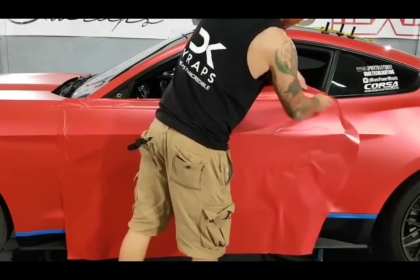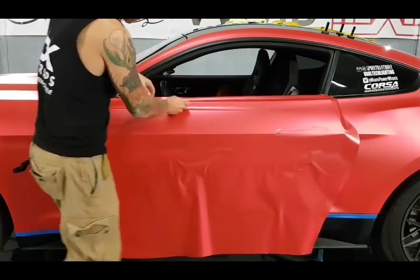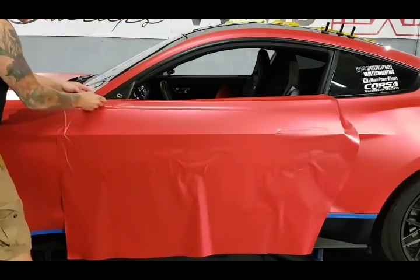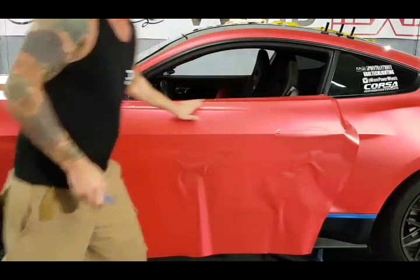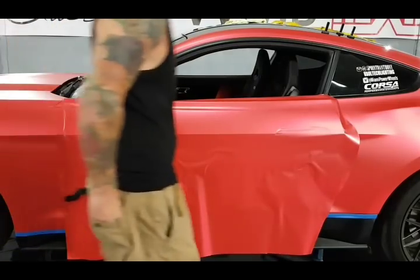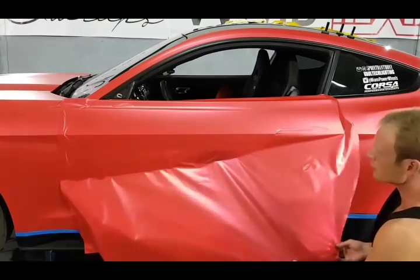So we're at the top. And let's just do that. And that top edge is completely done. After we put the trim back on, it'll be completely covered. So, what I want to do here is,